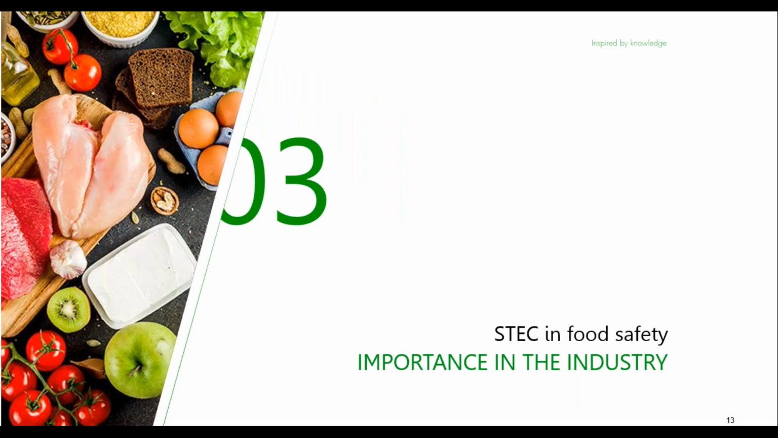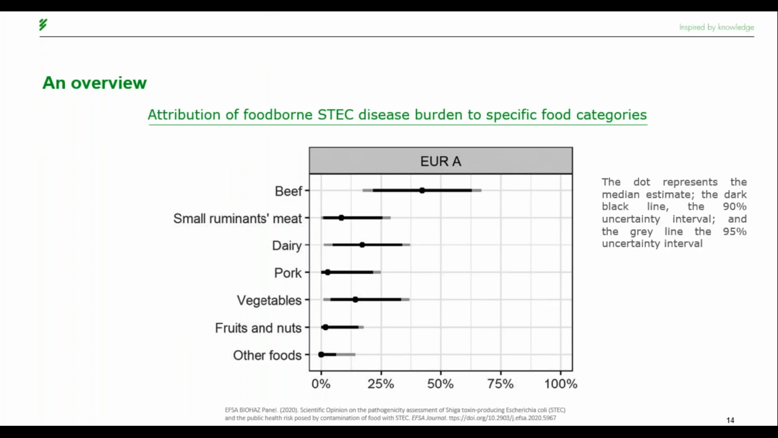And since STEC can be found virtually in every food, let's take a quick overview of its importance in the industry. In the EU One Health Zoonosis Report of 2018, we can find a chart that indicates attributed STEC foodborne disease burden to 6 food categories, plus the category other foods. In the European A subregion, beef was estimated to be the major food source, followed by dairy products and vegetables,